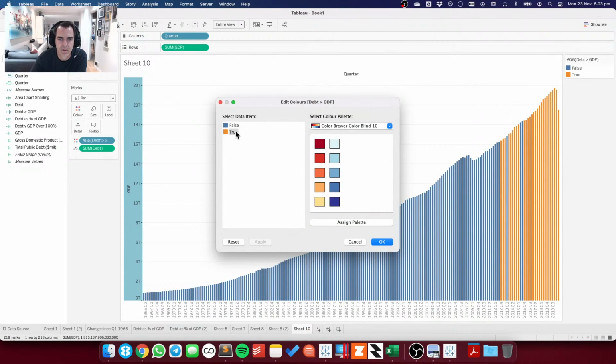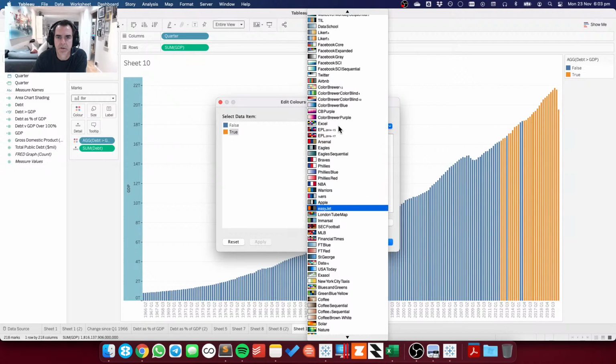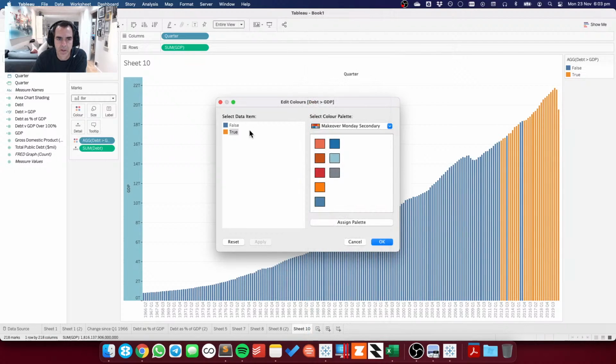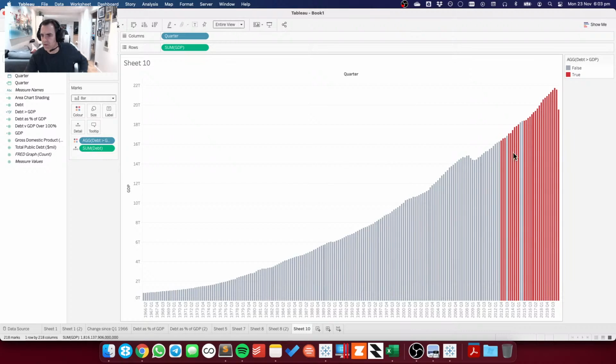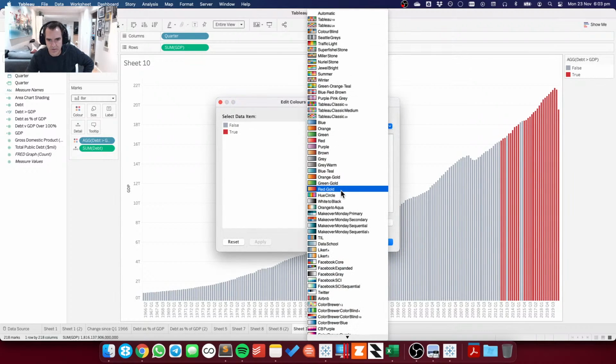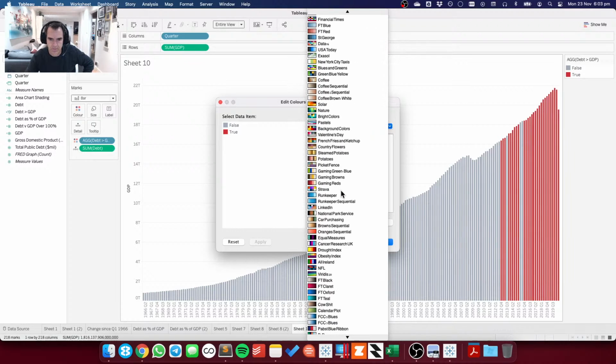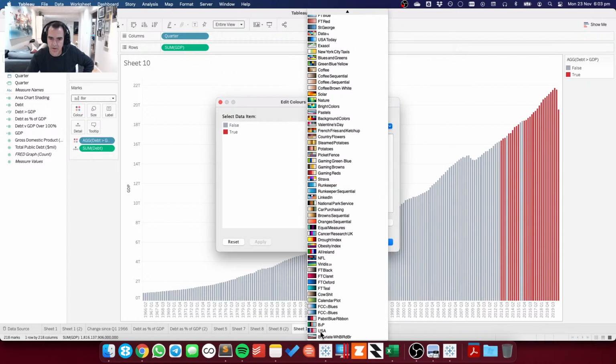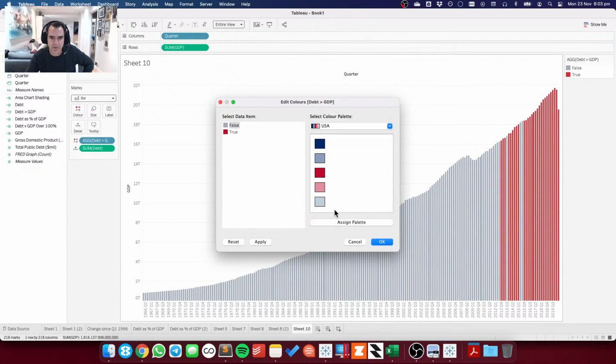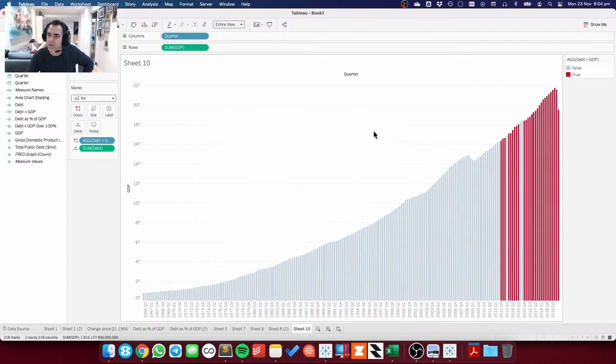All right, so let's just do, oh, I was looking for, I'm confused now. What was I looking for? Oh, the Makeover Monday color palette. Let's make the falses maybe like a light gray. Let's see what that looks like. Okay, so that stands out pretty good. Oh, I think I actually have American flag colors. I've got a lot of colors. USA, here we go. So I'll make the true that, and maybe the false, the light gray. Okay, so now we can see when does the debt exceed. So this isn't too bad.